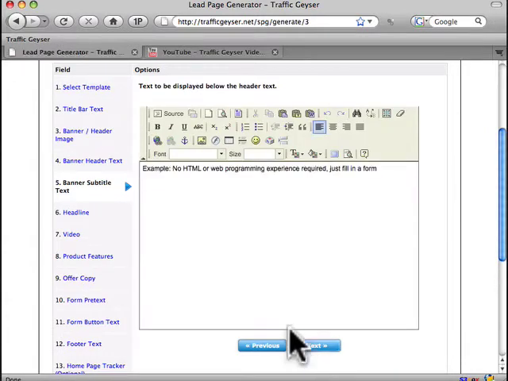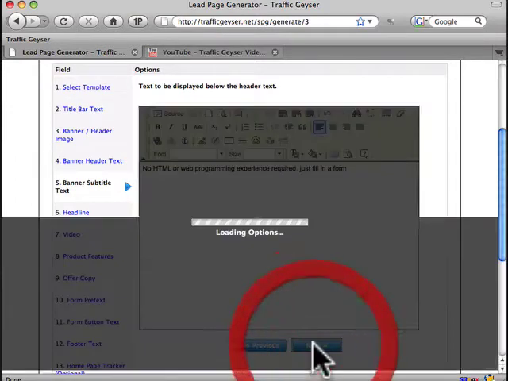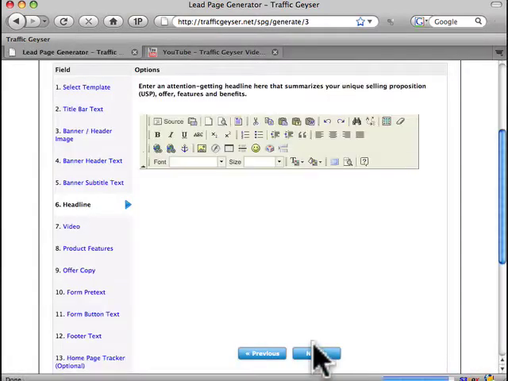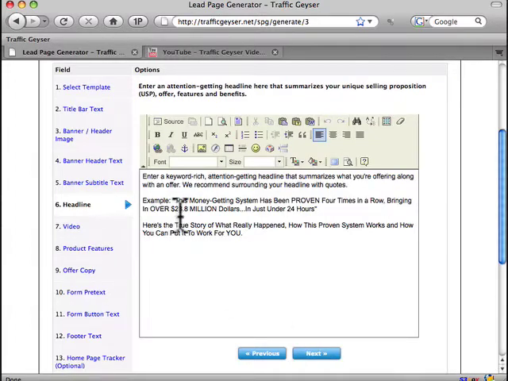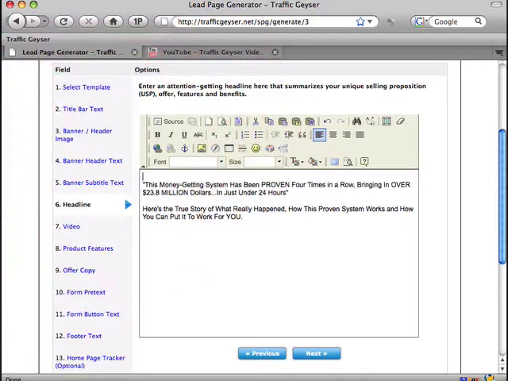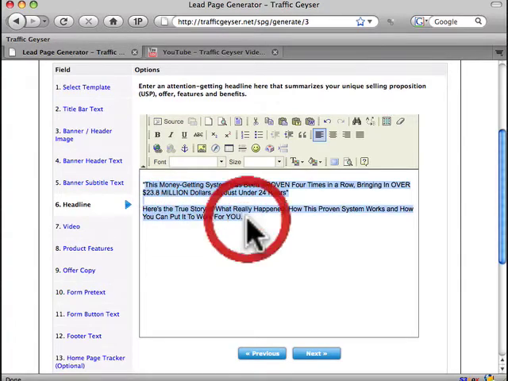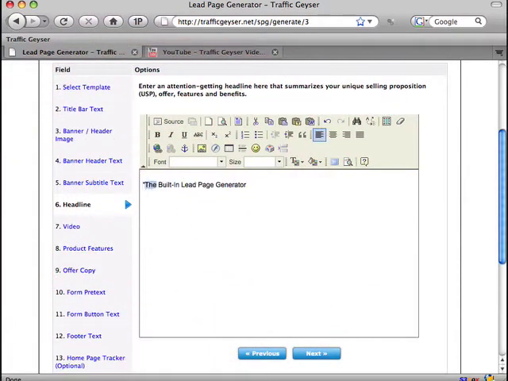And then there's some subtitle text. In this case, I'll have no HTML or web programming experience required. Just fill in a form. And we give you some other ideas here. For a headline, this will display across the top of the page. Again, I'm going to maybe leave something. So let's say, for example, for my headline, I'll say Traffic Geyser's